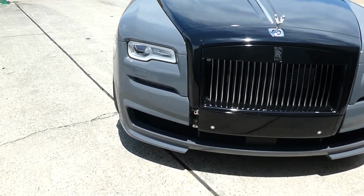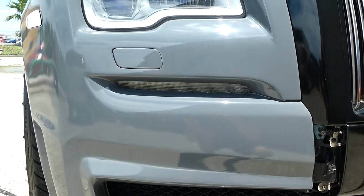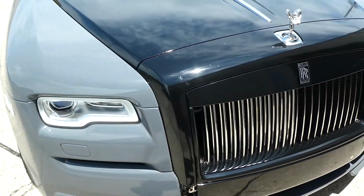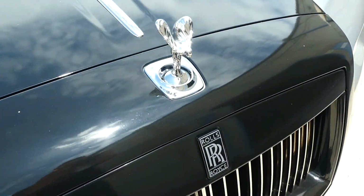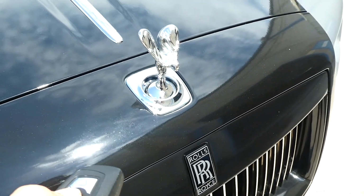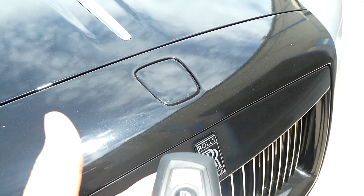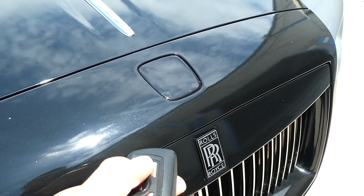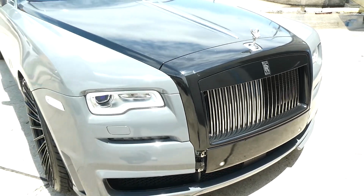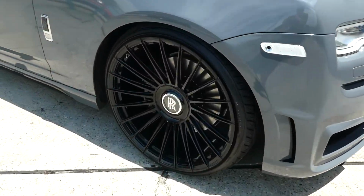And as you can see, those turn signals down there. Let's see if, yeah, there you go. Now you can see them. The headlights are up there, and the Spirit of Ecstasy right there, down the center line of the car. You go ahead and lock it. Folds nicely up. And if we go ahead and unlock it using the top button, bam, folds right up. Now this car is customized, as you can see, with the customized Rolls-Royce wheels right there